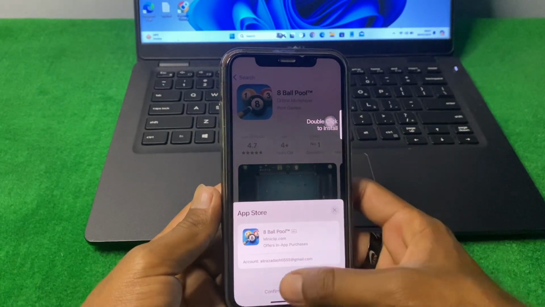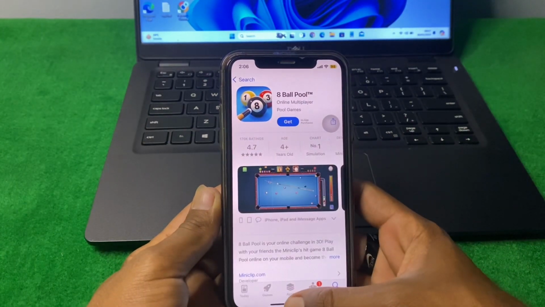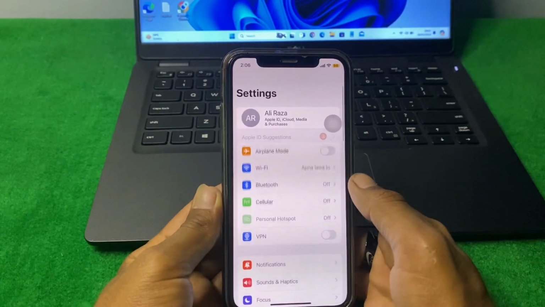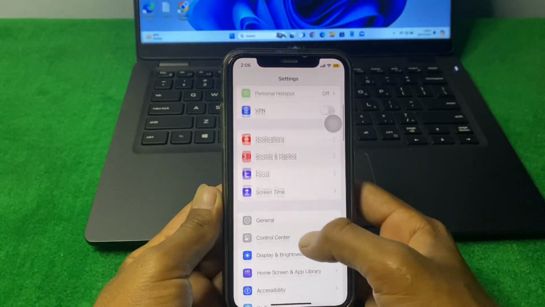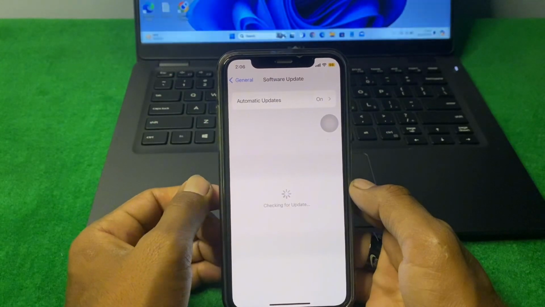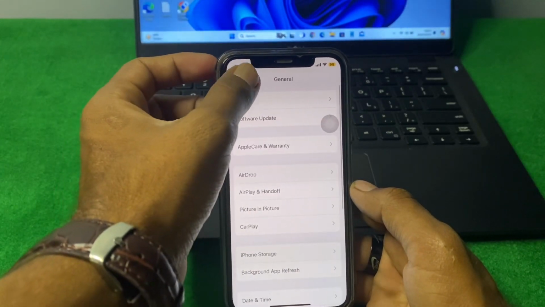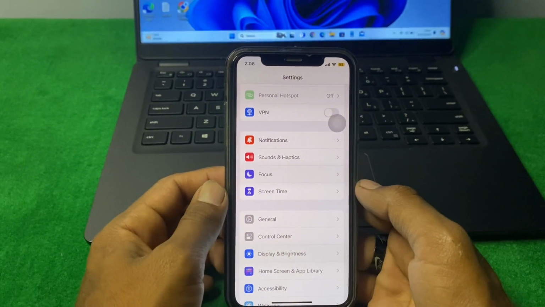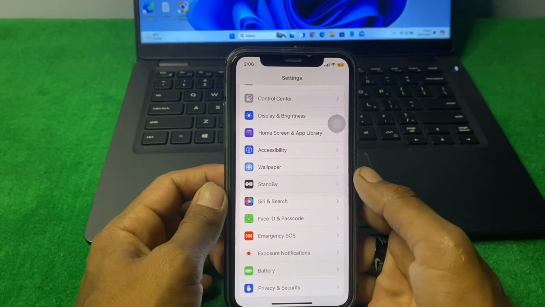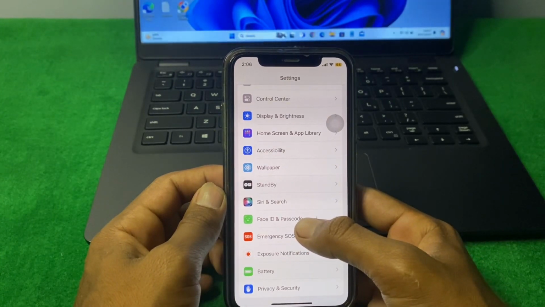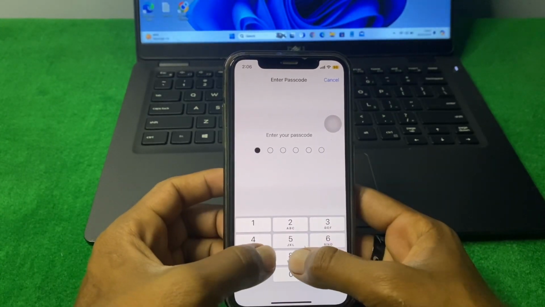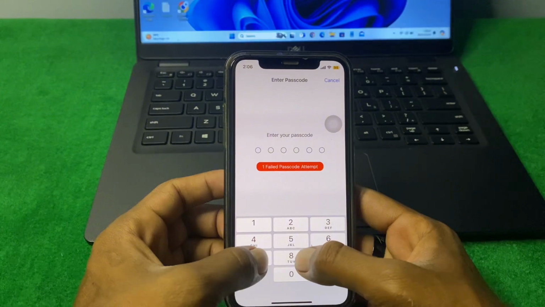So guys, first of all, simply you go back, and from here guys, you need to just open Settings. Scroll down, tap on General, tap on Software Update, and make sure that you are using the updated version of your iPhone. And after that, scroll down, and from here guys, simply tap on Face ID and Passcode. Tap on this, enter your iPhone passcode,